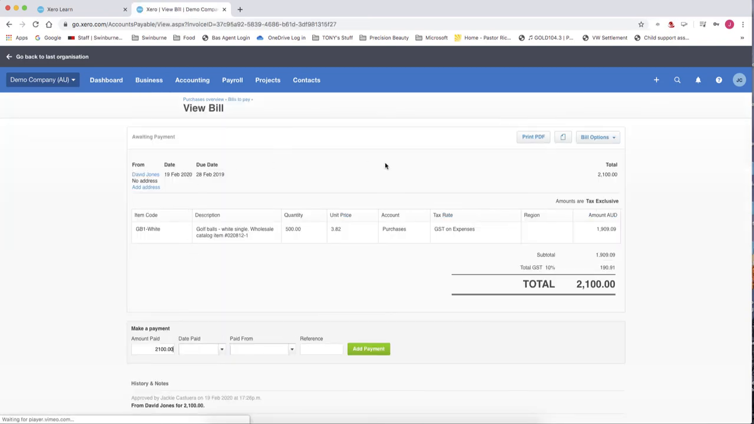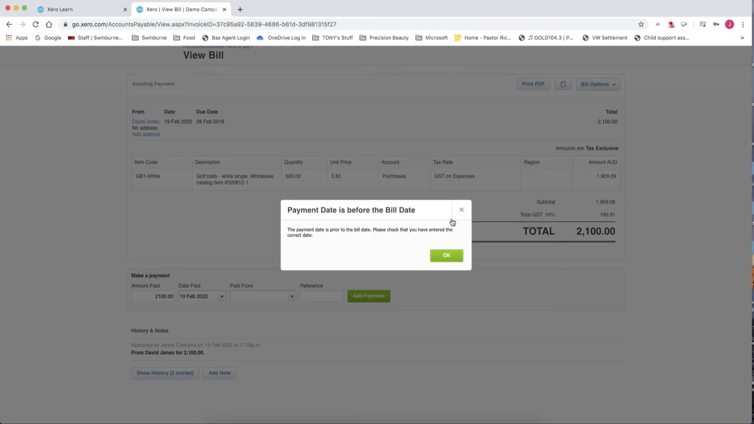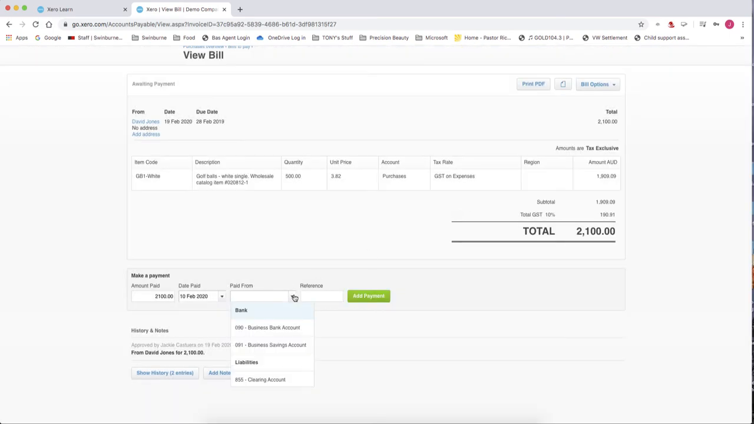Now you can see it brings up the original bill, so we can have a look at what it is we're paying if we wanted to check. And then importantly down the bottom here we have this field called make a payment. If I'm wanting to pay the full amount, that's automatically allocated. If you wanted to pay a part payment, obviously we would just pay that. We would put in the date of the payment, so let's just say the 10th of the 2nd 2020. Paid from is the bank account, so I'm paying it from our business bank account,